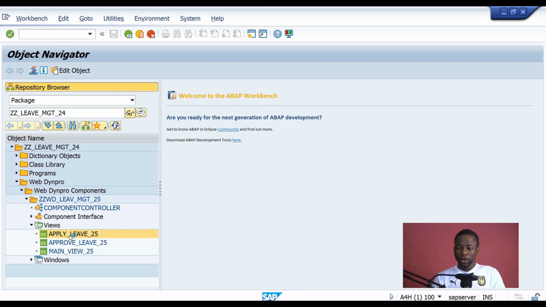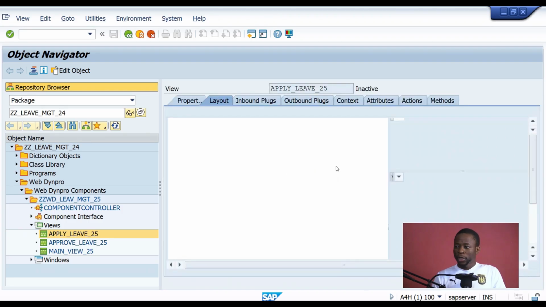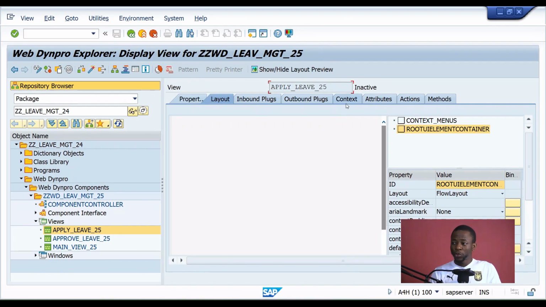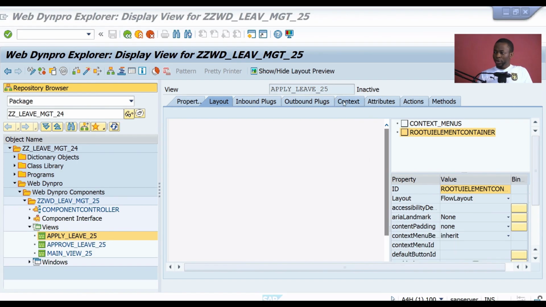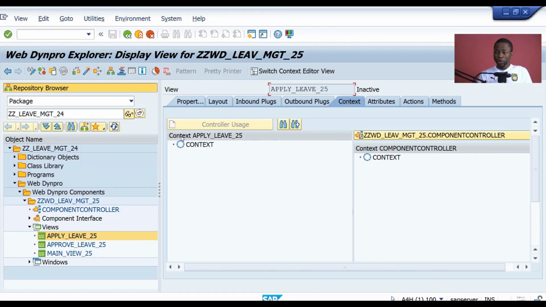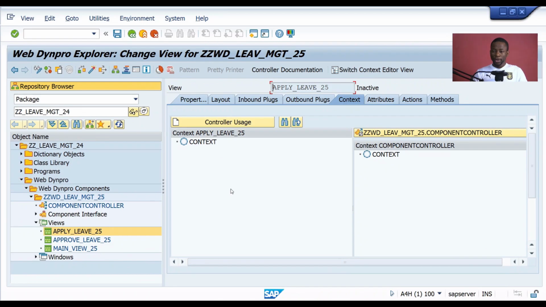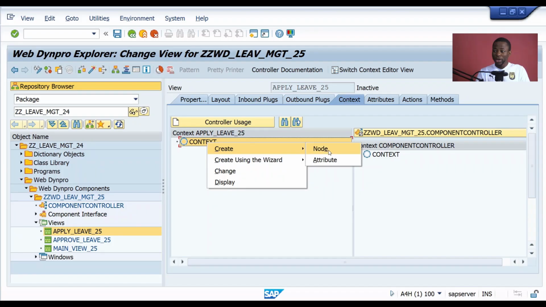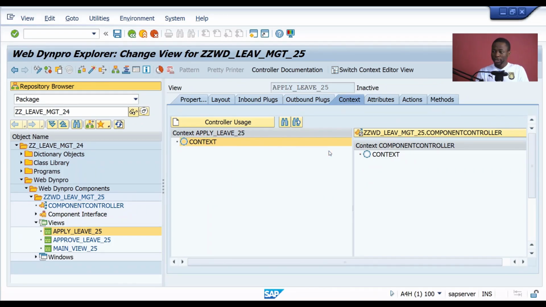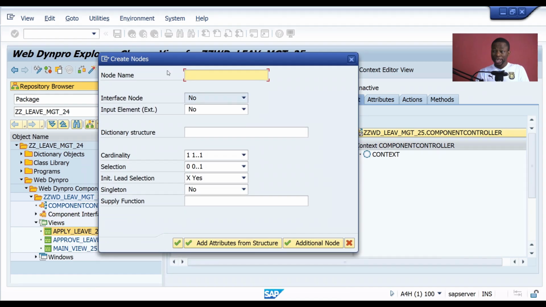So we can double click on this and then head over to the context. You can see the context button right here. Let's click on this. Of course, you have to ensure that you are in the edit mode, so click on this button right here. Then the next thing you're going to do is right click on the context to create a new node. Okay, so create new node. We give a name for the node, we select the dictionary structure,